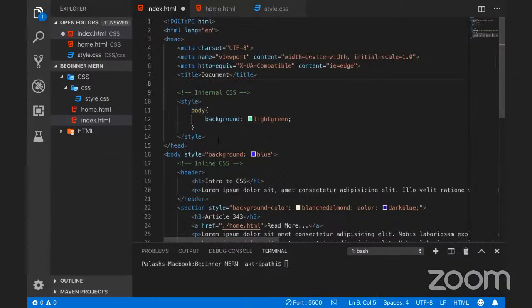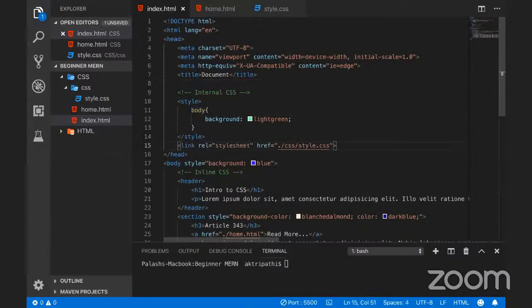अगर मैं इसको यहाँ लिख दूँ, will it change the background color? What do you guys say? Will it change the background color? Yes, sir. Yes? Yes? No? बहुत लोग yes बोल रहे हैं, बहुत लोग no भी बोल रहे हैं।